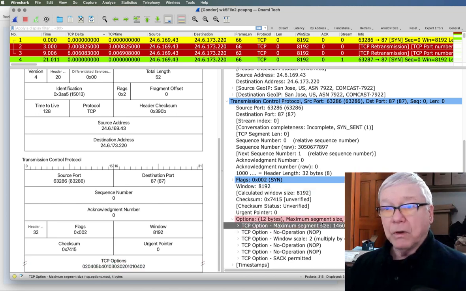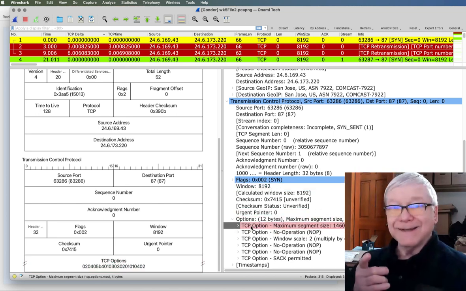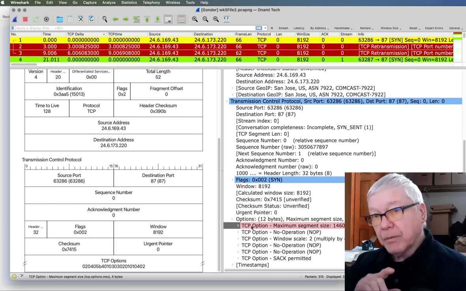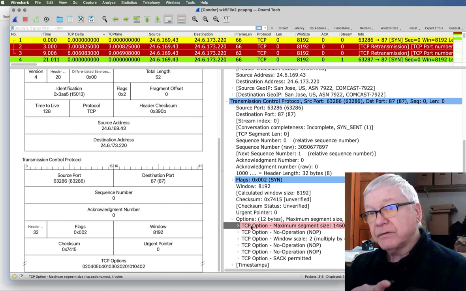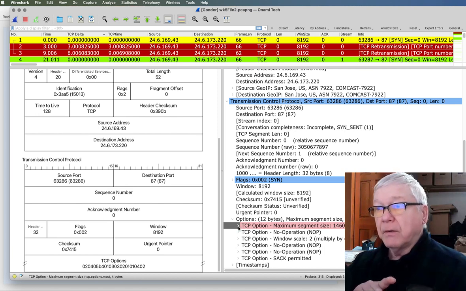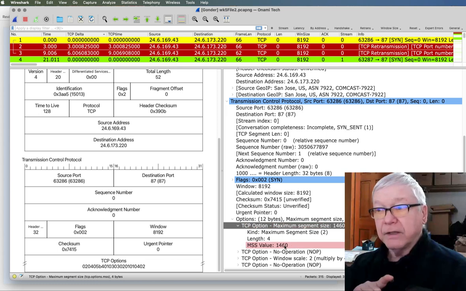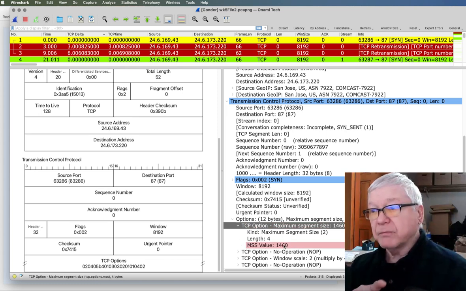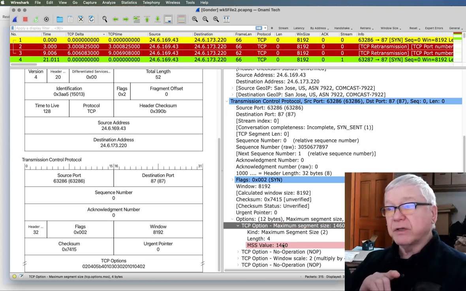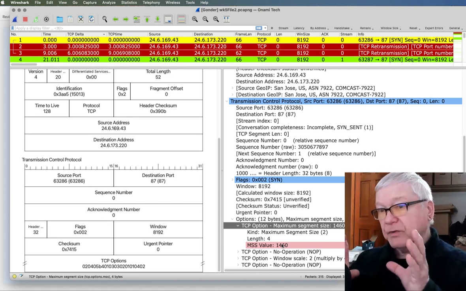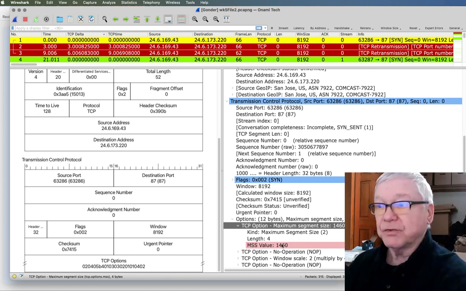So at one offset in this set of ones and zeros, at this offset from the beginning of the TCP section, what that means, we interpret that as a decimal value. That is our maximum segment value. We know the maximum segment value will be whatever the decimal value of those bits are at that offset in the data stream.